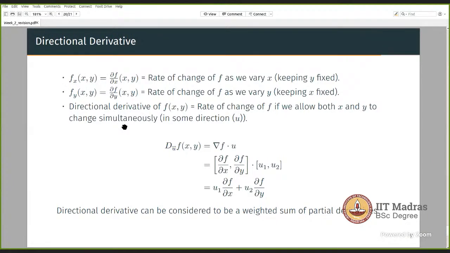Okay, so let's say you are given a function and you compute its gradient, which is a vector of partial derivatives. That tells you the direction in which the function changes the most, basically increases the most. This is a very important concept which is used in the gradient descent algorithm. The gradient descent algorithm is basically used to get the parameters of a function which minimize the value of that function.